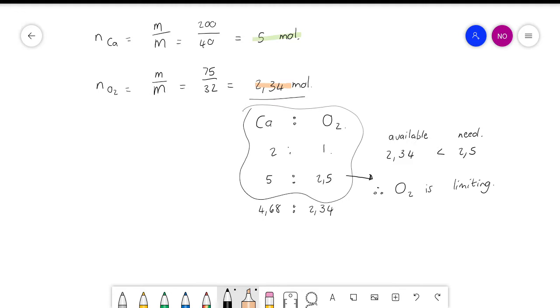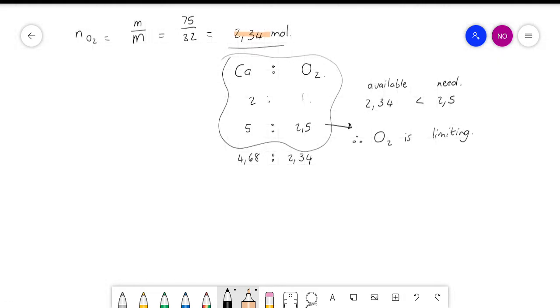Everyone happy with that? And now they say what mass of this reactant must be added so that all the reactants will be used up during the reaction. So what they're asking is, if O2 is the limiting reactant,